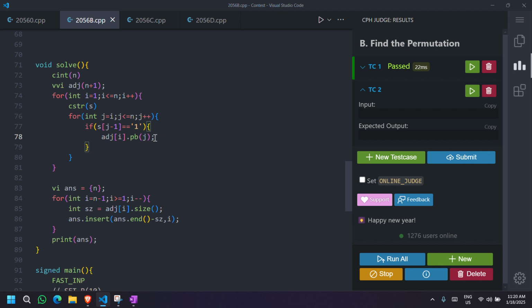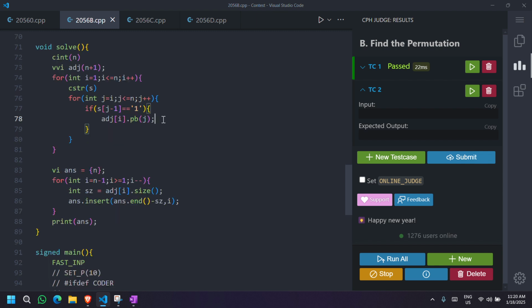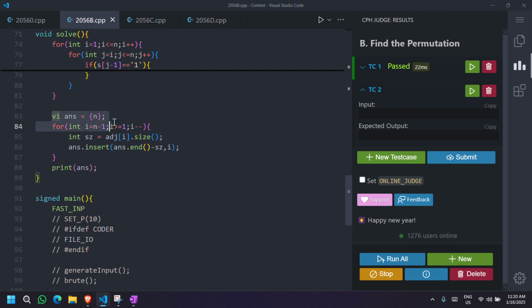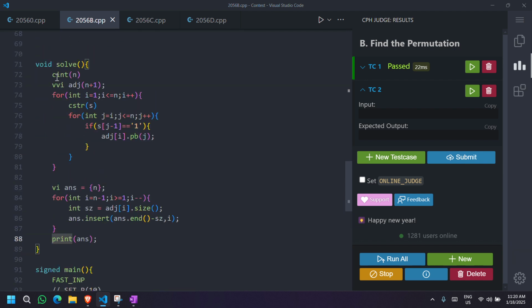So adj of i dot size gives the number of nodes which are greater than i and connected to i. I initialize the answer with n, move backward from n minus 1 down to 1, find the size, and insert the current element from the right. Then I print the answer. So this is the code. Thank you.